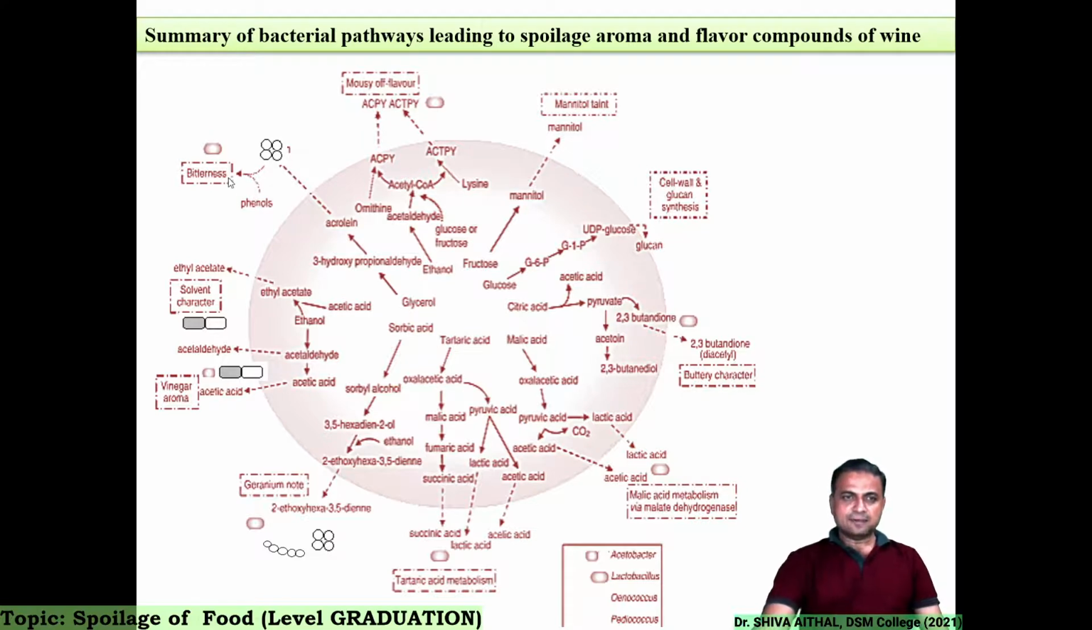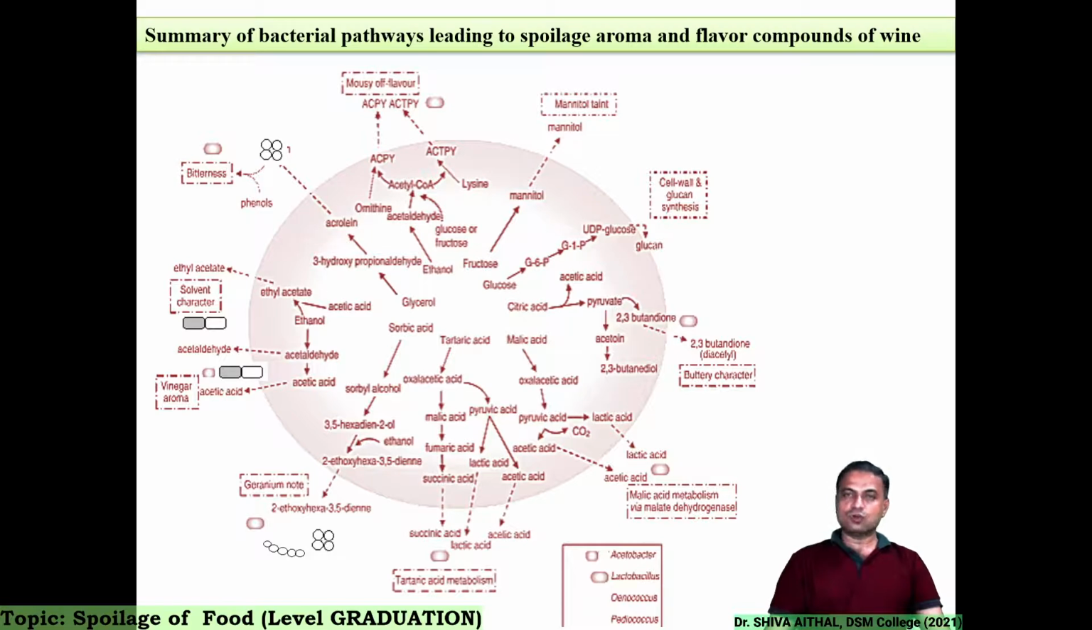You can see here bitterness, then mousy flavor, then you can see here the aroma change. All these are due to the change in the character of the solvent. All these are brought about by various pathways. These are simple pathways: glycerol to acrolein, glucose to glucan, fructose to mannitol. Then all these are responsible, because wine aging, we have seen, takes long duration of